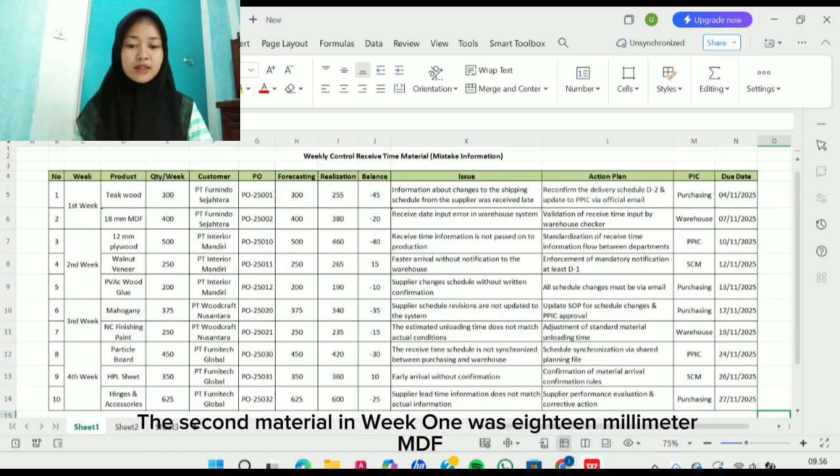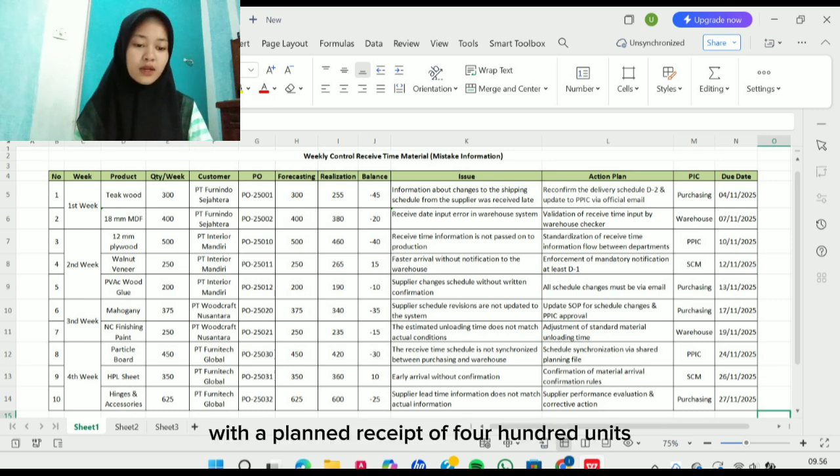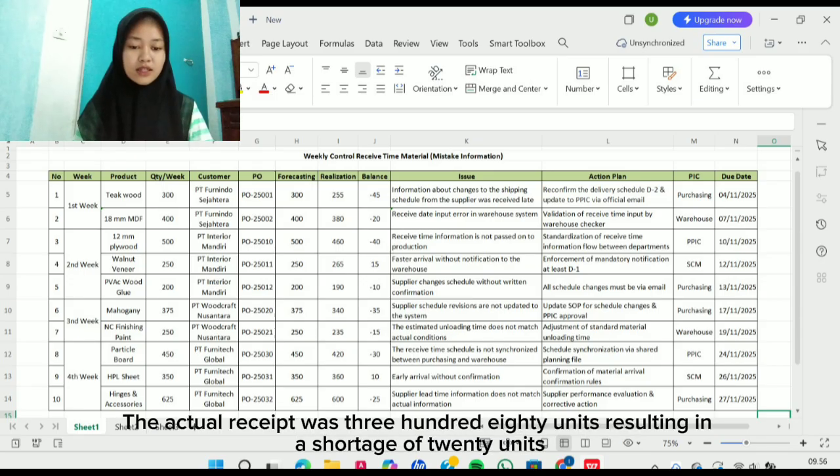The second material was 18mm MDF with a planned receipt of 400 units. The actual receipt was 380 units, resulting in a shortage of 20 units.